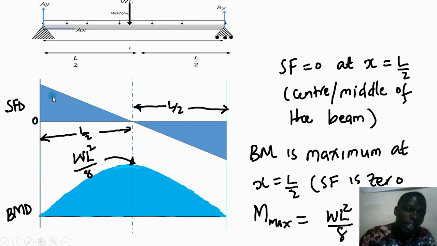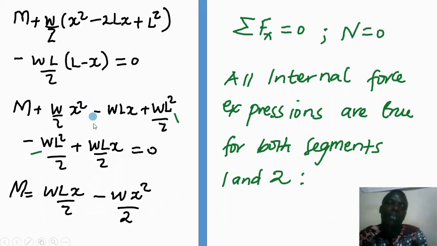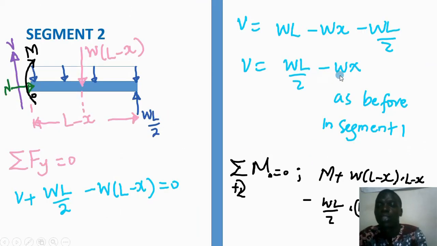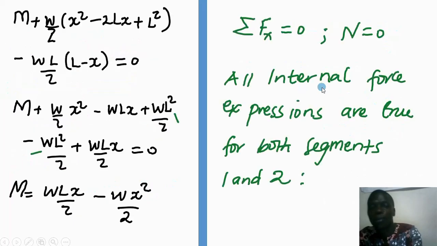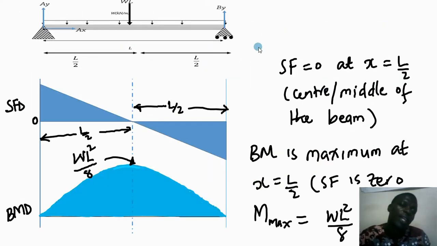Now, when we look at the expression for the shear force, we will realize that it is a straight line that has a negative slope. Of course, it is varying in x. V is varying with x, so it will have a negative slope, and therefore we have to know that the shear force at the support is Ay, which is wL out of 2. So we will have wL out of 2 here,